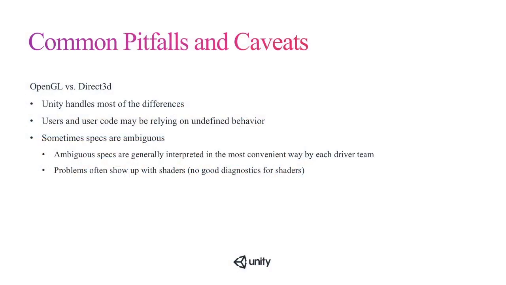I remember back when we were shipping support for the Unity runtime on Linux, we ran into an issue where the spec said, in this particular state, you can't write to this buffer. It didn't technically specify whether or not you could read from that buffer. Some drivers decided you could, and some decided you couldn't and would give you garbage. We generally try to find and hide all of that stuff from you, but sometimes issues still get exposed that you'll see on Linux using OpenGL that you wouldn't see on Windows with Direct3D.